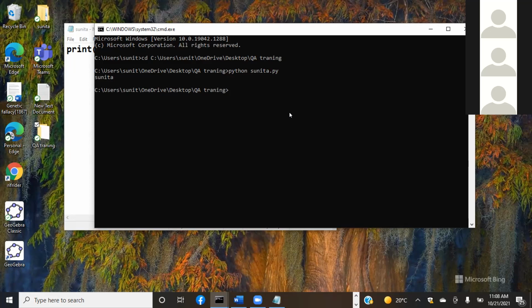So why do we use CD here? To change the path to this path. Earlier, what was the path? From C user Sunit to here, right? Correct. C user Sunit was there. If you want to change the path to Sunit, then OneDrive desktop, you can do it like this also. Now suppose